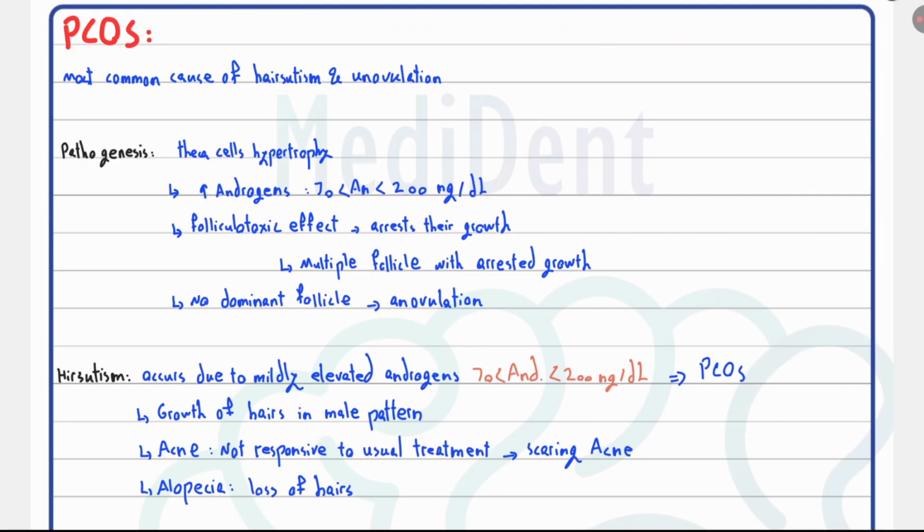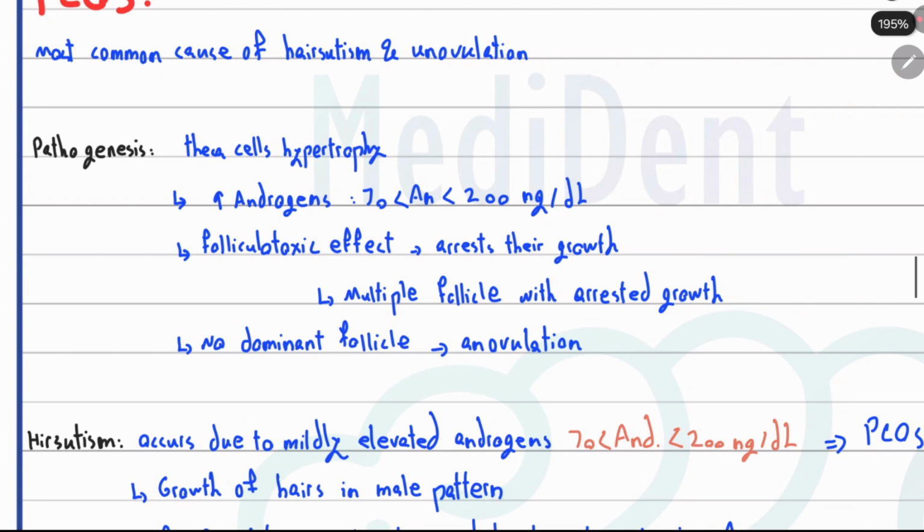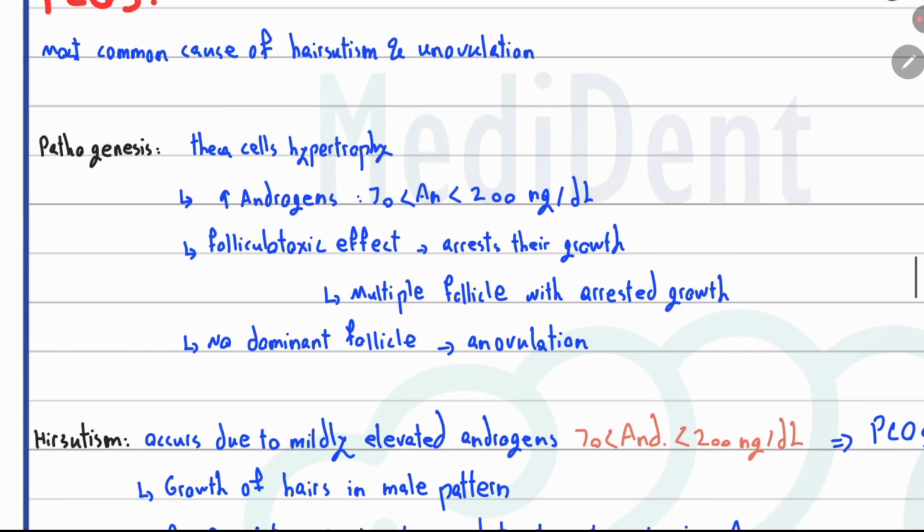And complications, the most common cause of hirsutism and anovulation is PCOS. As I told you, hirsutism will happen because of high concentration of androgens. Anovulation is also because of high concentrations of androgens, or maybe because of high concentrations of luteinizing hormone, and etc. I described this pathogenesis. You can see theca cells hypertrophy by the effect either of insulin or of the chronic effect of luteinizing hormone. They start to become hypertrophic, and in response to this hypertrophy,